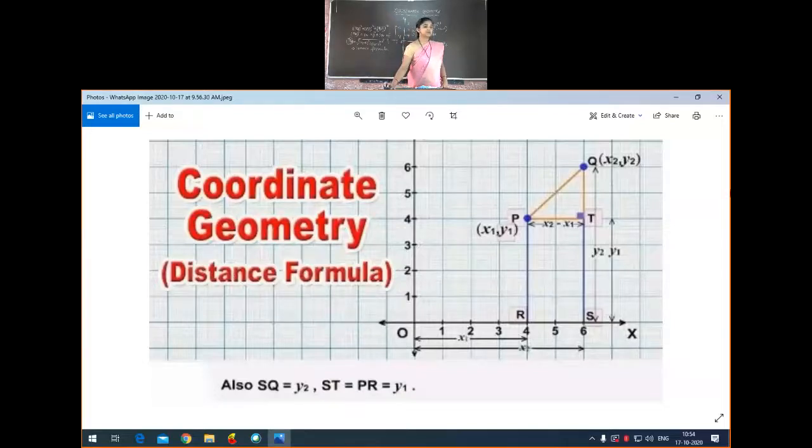Okay, so in this way we are deriving the formula, the distance formula. This is called the distance formula. How you got the distance formula? Got the idea, no, students? We are just using the Pythagoras theorem to get the distance formula. Is that clear, students? Can we work out one or two problems?